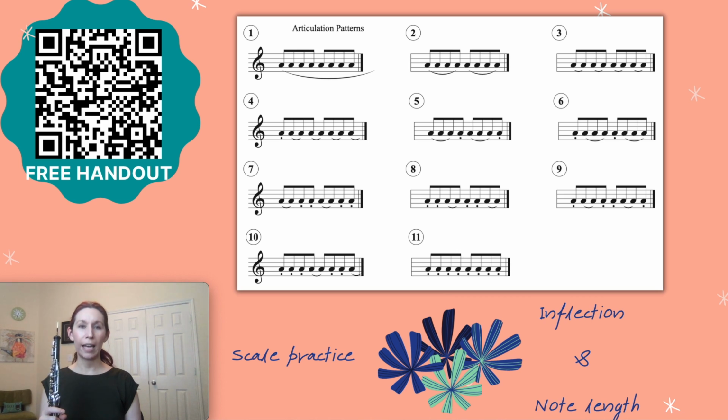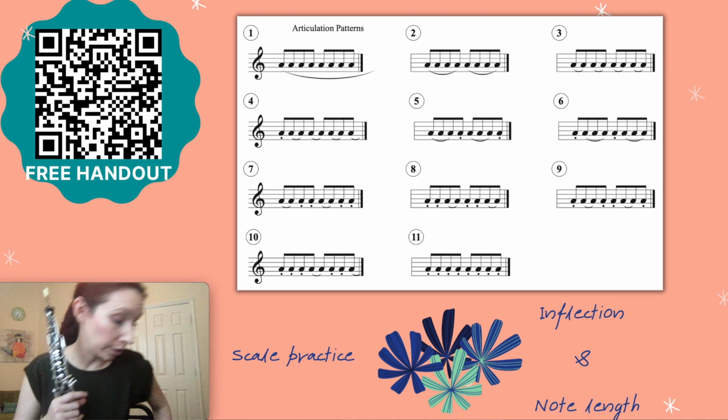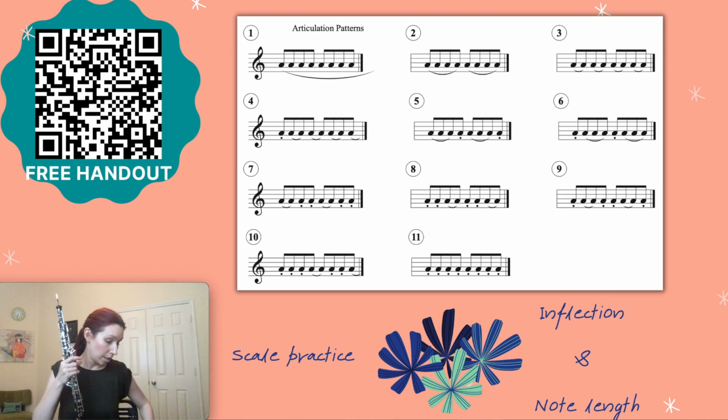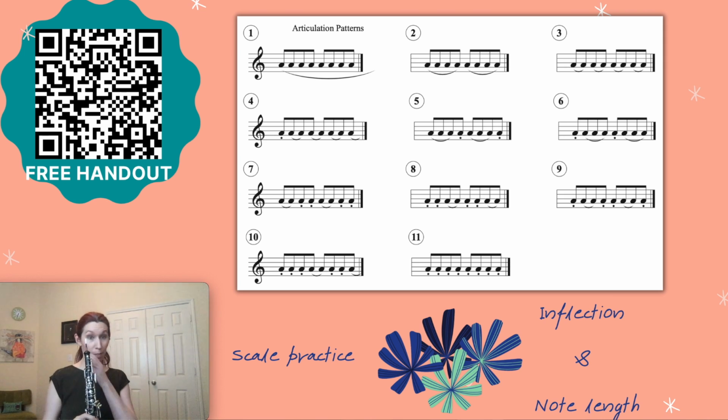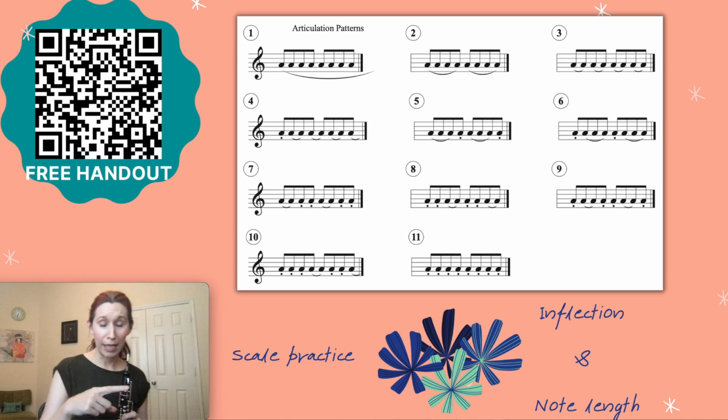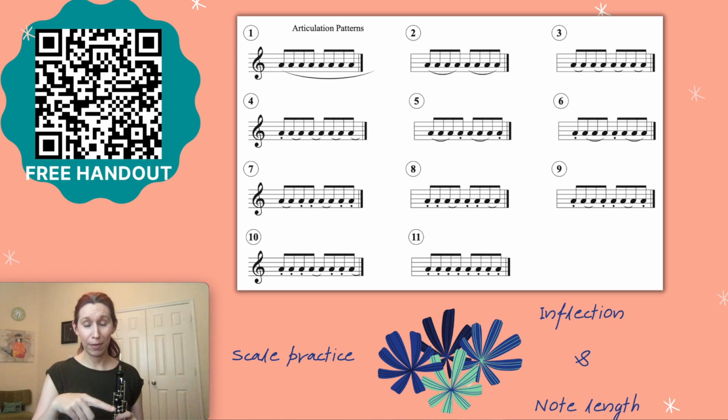And I'm going to guess that if you're a student in Texas, you're doing the all-state audition scale pattern. Which would be a quarter note, and then eighth notes, quarter note, and then eighth notes, tonguing up, slurring down, right? So we're going to do two things different today. One is we're going to play all eighth notes, and the other is we're going to use all these different